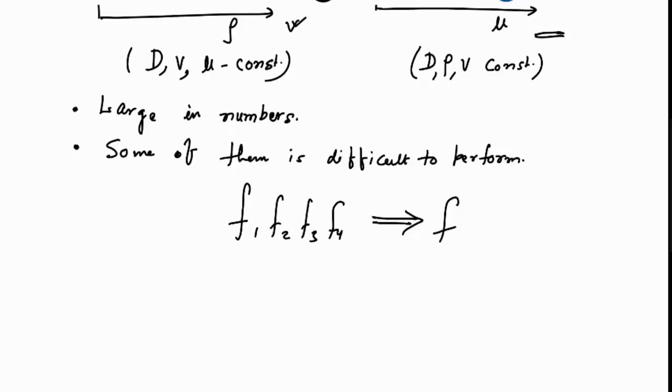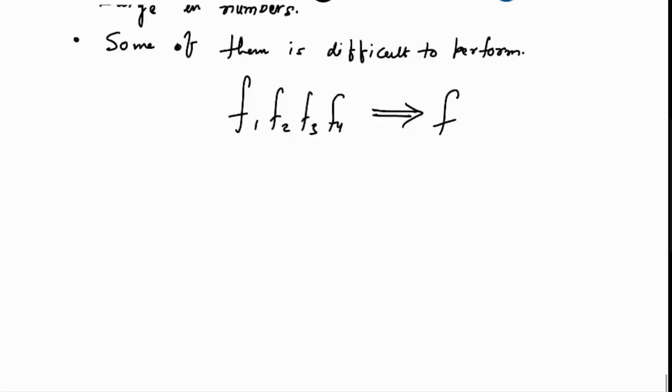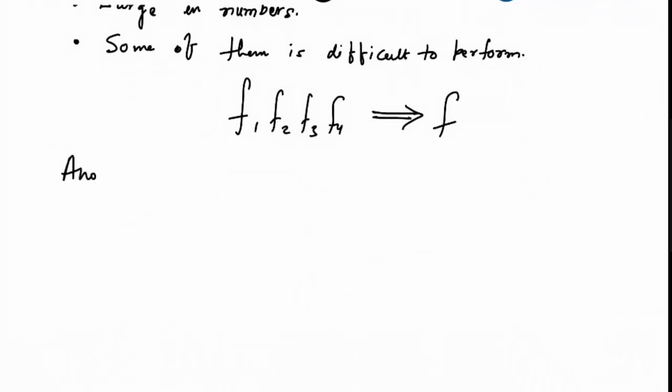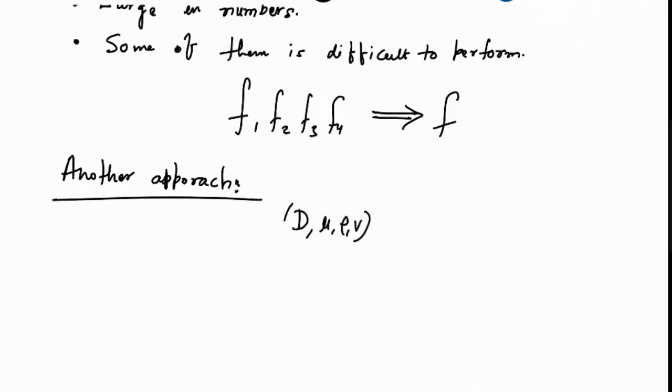Now, so how do we solve this problem? And this problem can be solved. One way is we have a large number of variables. We have how many variables? 4 variables. So we are discussing another approach. So we have seen this way we are not going to solve this problem. So what we can do is, we have these variables, and there is a function, and using this function we can predict delta PL.